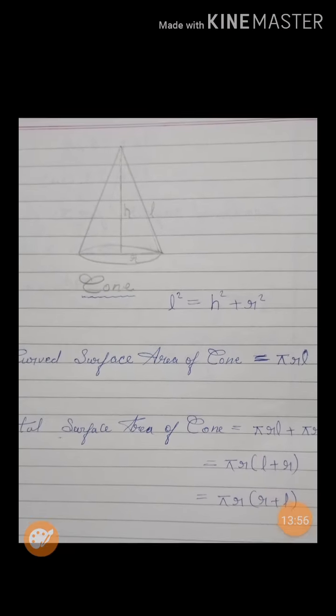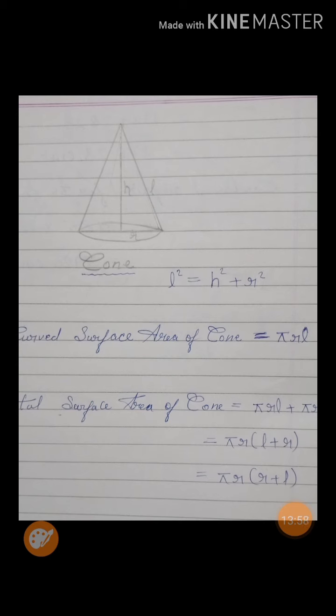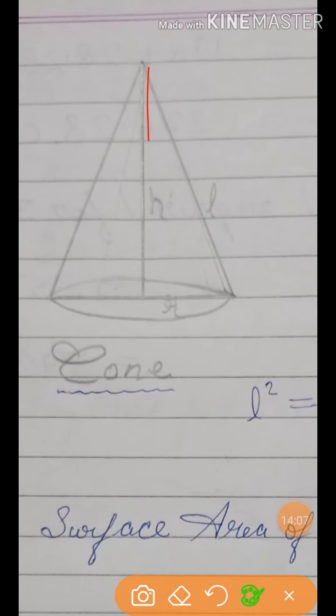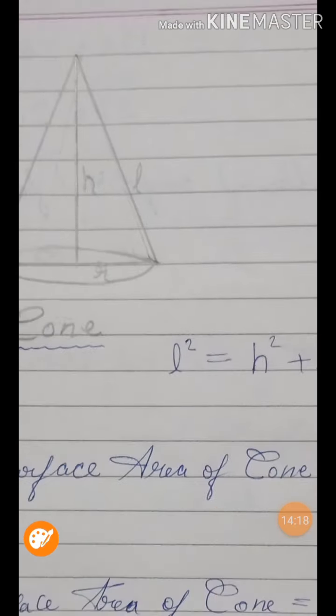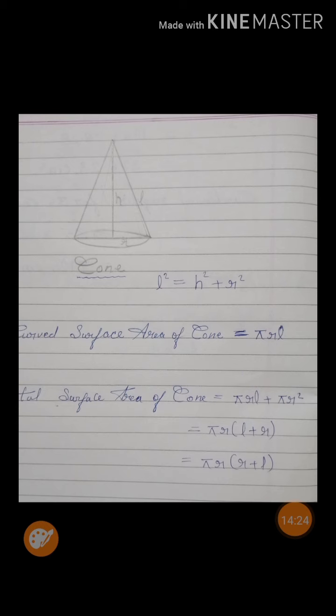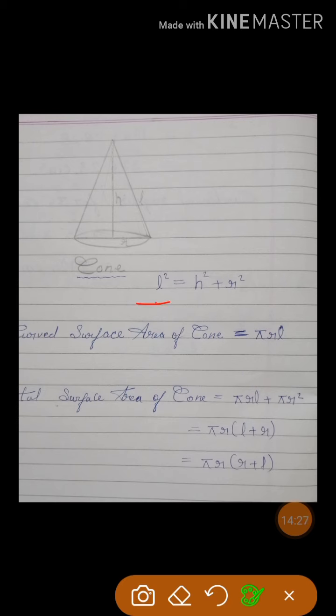And if we know the height and radius, and we don't know the slant height, how do we find it? We know that, you can see, this is just like a right triangle. So by Pythagoras theorem we know that hypotenuse square is equal to base square plus perpendicular square. So here we shall write, what is the hypotenuse here? L. L is the hypotenuse. So we shall write L square is equal to perpendicular square. Here perpendicular is h, and base is r. R is the base, so it is r square.